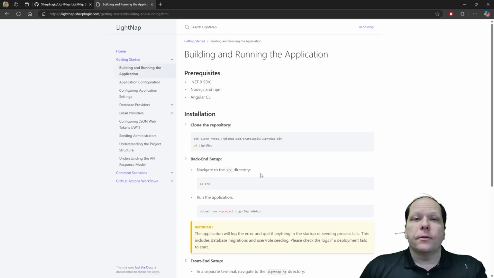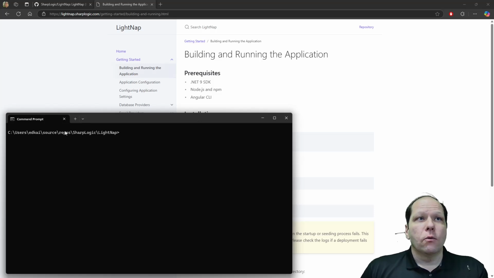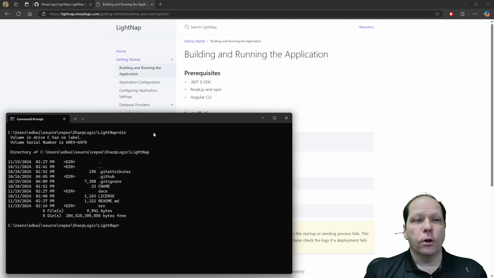So let's talk about the two things you have to run here, because you have to run a back end and you have to run a front end. So we'll go ahead and start with the back end. Right now I'm in my clone directory, and if we take a look, this matches up with what you'd expect to see. So I want to go into my source,